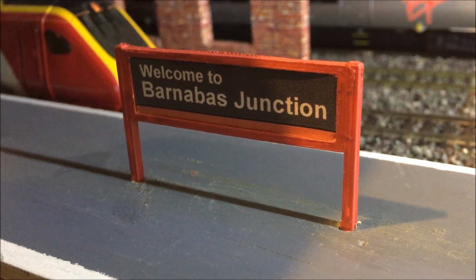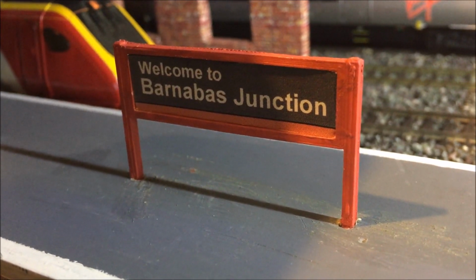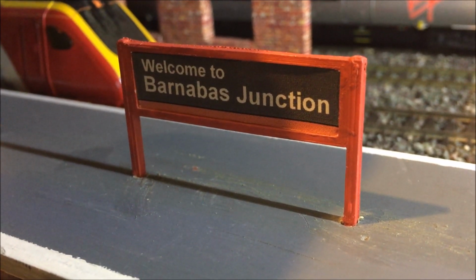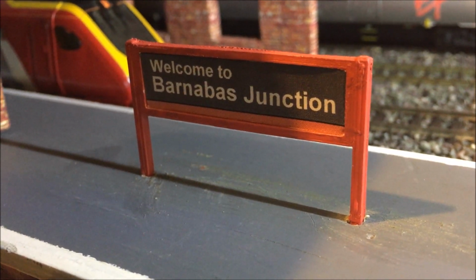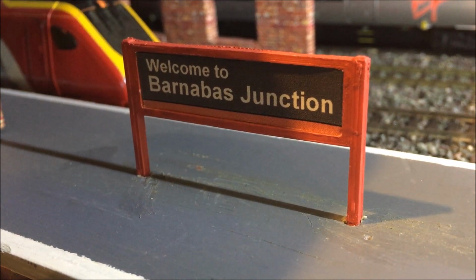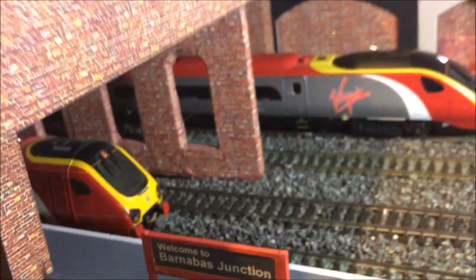I have been absolutely really busy with the layout, doing lots of further work on it, to the point where I've had to stop doing what I was doing just to do this update. So let's get on. The first thing I'm going to show you is one of the biggest things I've actually been doing here on the layout,